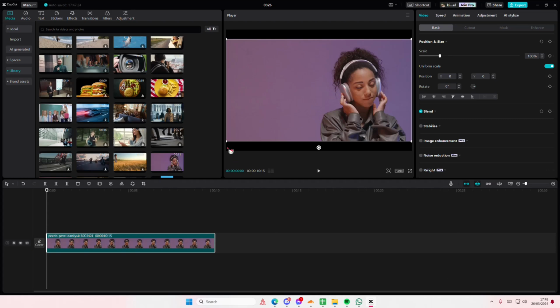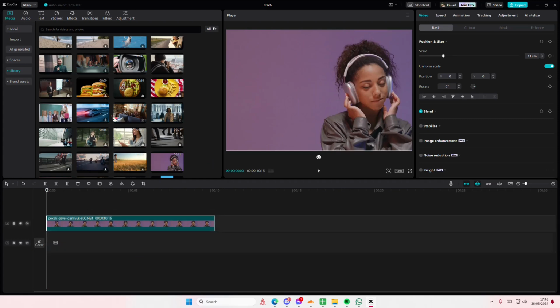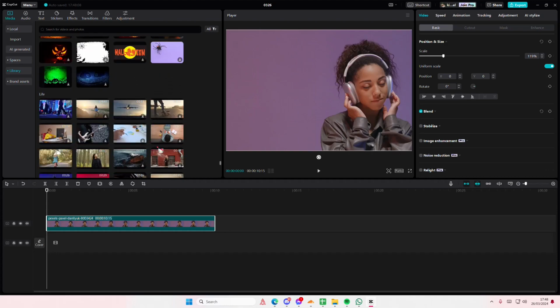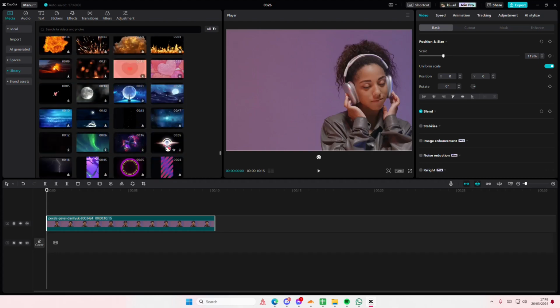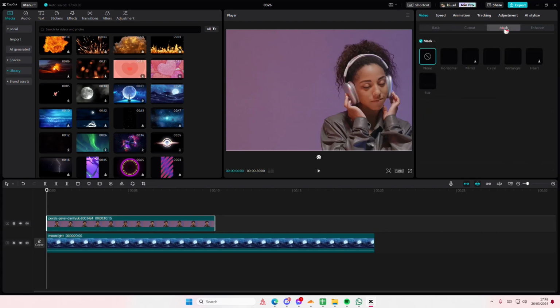In this video I'll be showing you guys how you can create this really cool faded out video effect on CapCut PC. So I'm just going to select this video, and on the background I'm going to select another video, maybe this one. And then I'm also going to select this video, then I'm going to select mask, and I'm